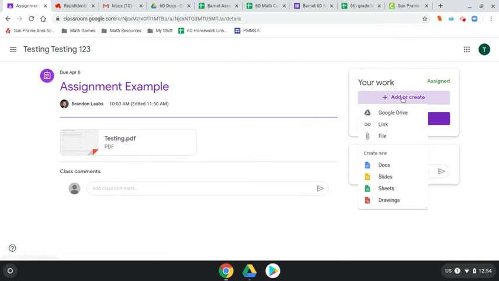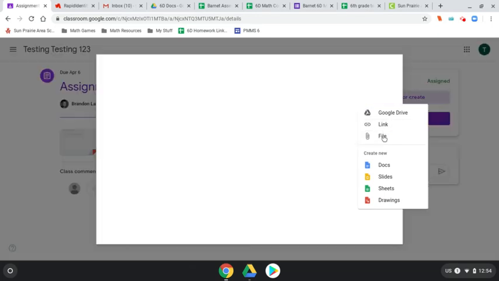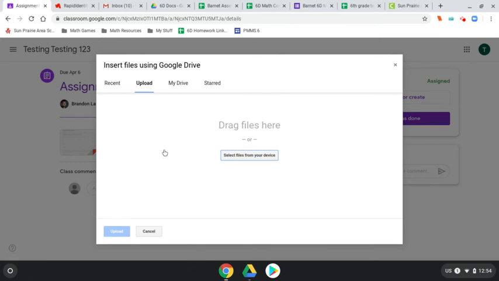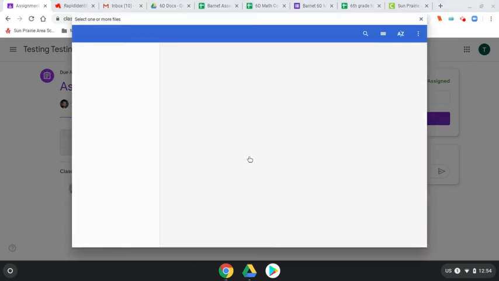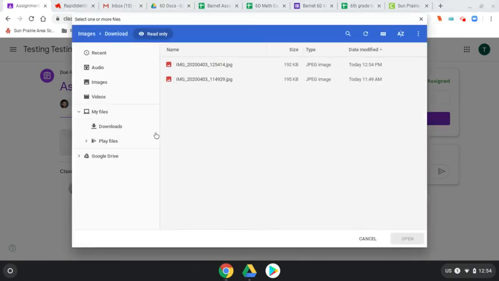It says add or create. I'm going to create or add a file. When I add a file, it says select files from your device. I'm going to do that because I just took the picture, and it's going to be in my images folder automatically. So I just go ahead and select that one that I just took,